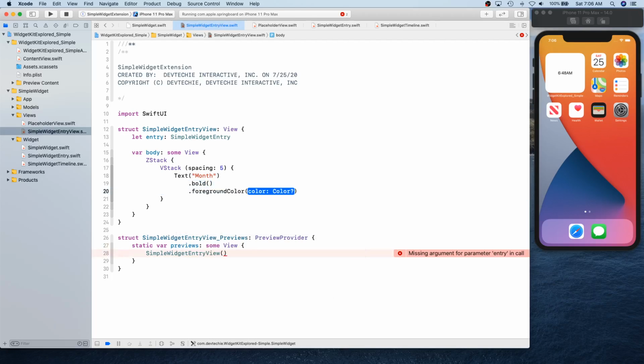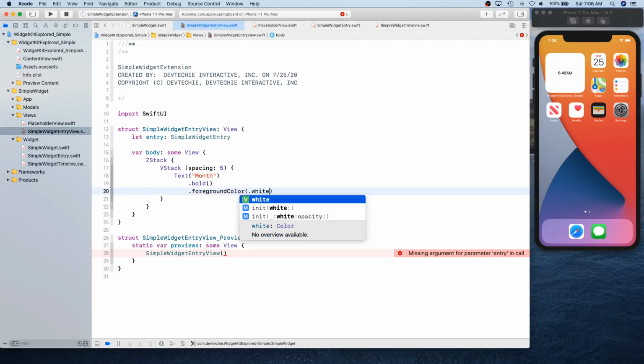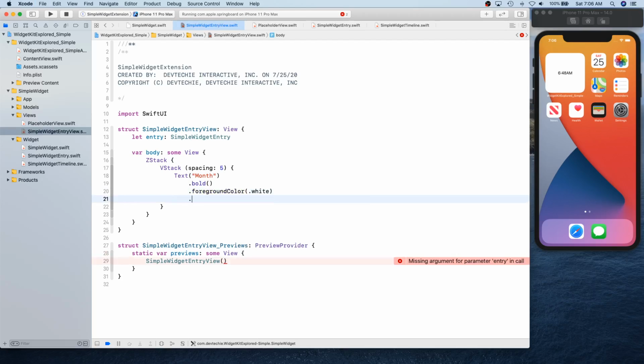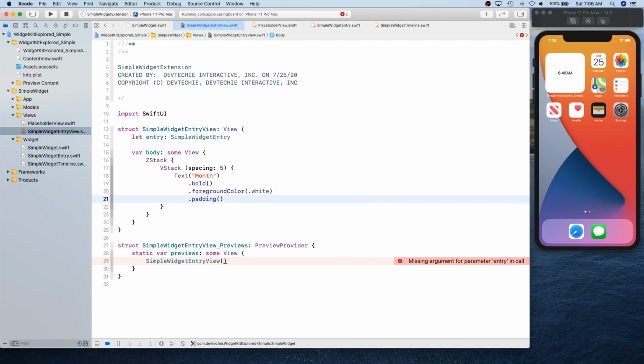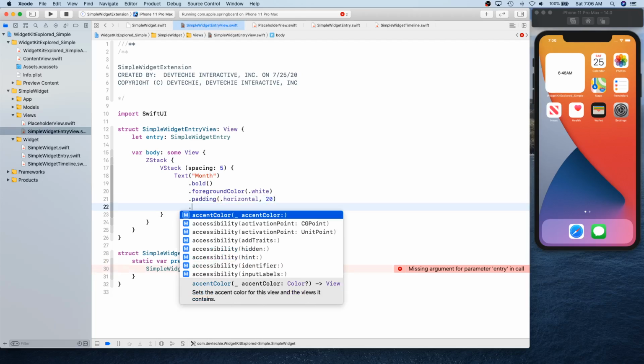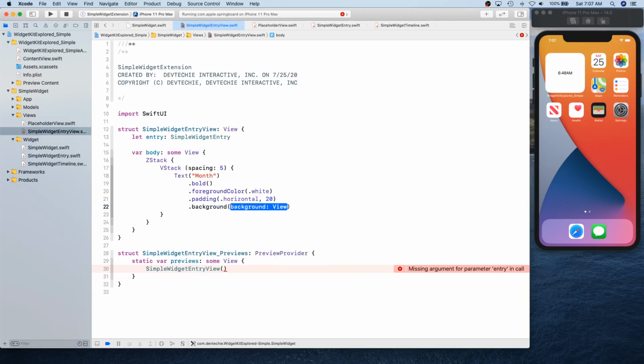Let's make it bold and give it a foreground color of white. Then add some padding on the horizontal side with 20 points, and a background with a rectangle, color dot red.